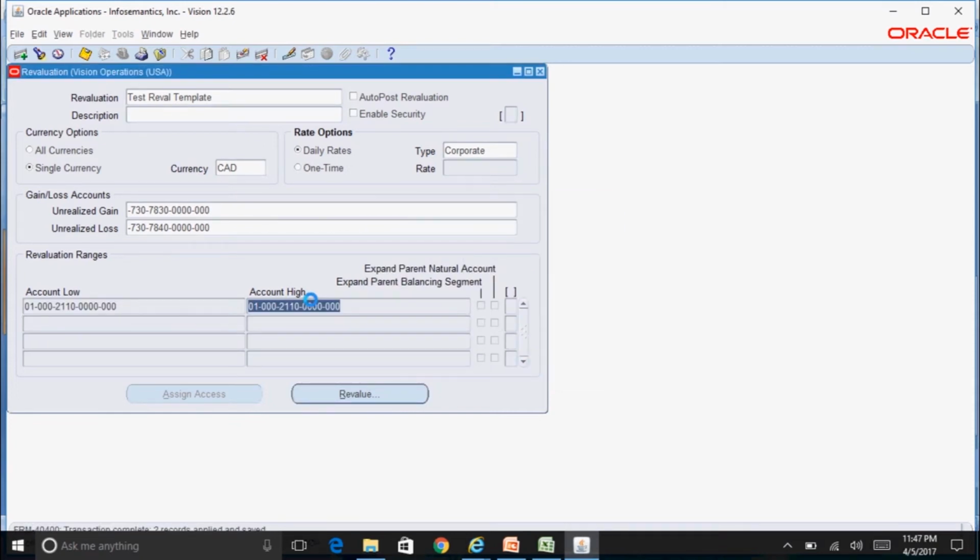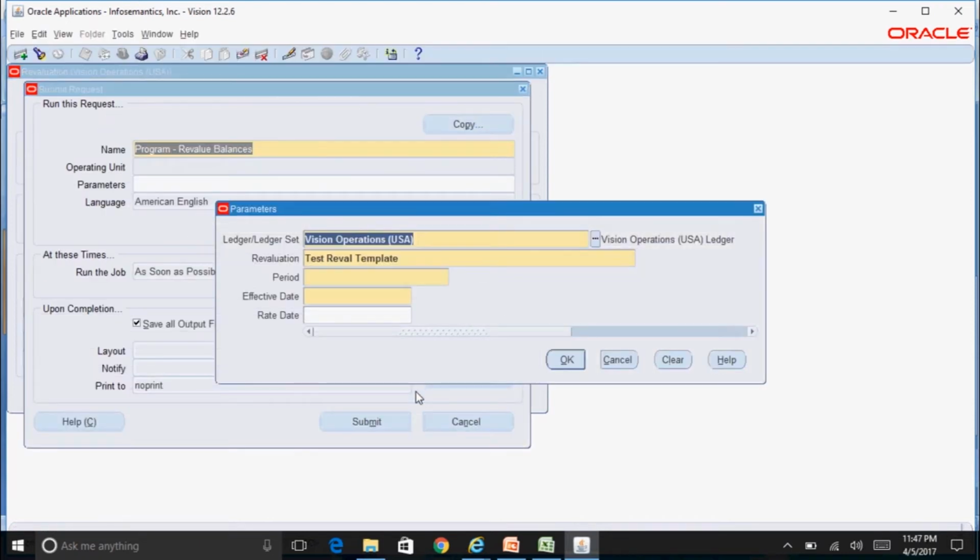Save this, and then to run the revaluation process, you need to click on this revalue button. Once you click on the revalue button, then it triggers the program Revalue Balances. So here you need to specify your revaluation template. As we have clicked on the revalue button from the template, the template name got defaulted here, and the period for which we want to run the revaluation process, which is March, and the effective date, that is what is the exchange rate which system needs to use to perform this revaluation, which is 31st March